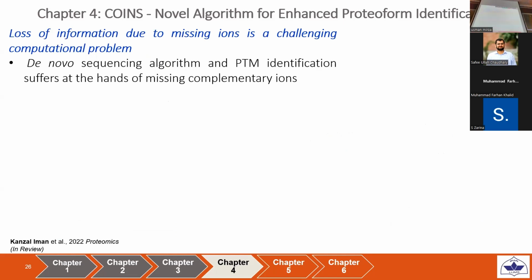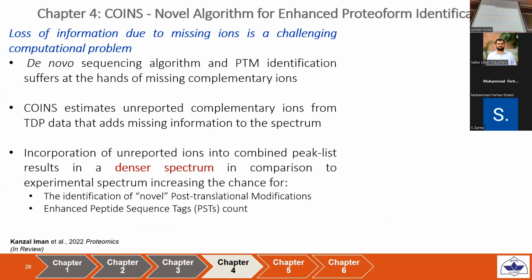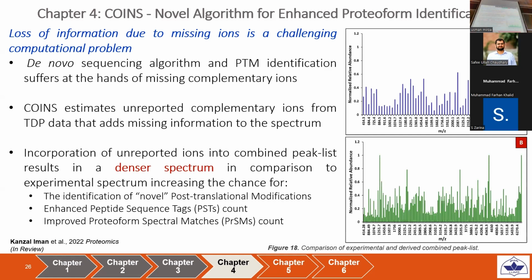So Coins uses data from top-down proteomics, which adds missing information to the spectrum. Incorporation of these unreported ions into the peak list makes it denser and helps us identify lower-abundance PTMs, enhance PSM count, and improve PTM proteoform counts as well. The figure on the top shows the experimental spectra which have been reported. The figure at the bottom is the complementary ion spectra generated through the implementation of the Coins algorithm. So Coins adds missing complementary ions within the spectra and makes it denser, which is now rich in